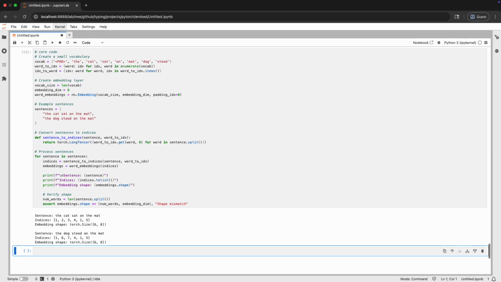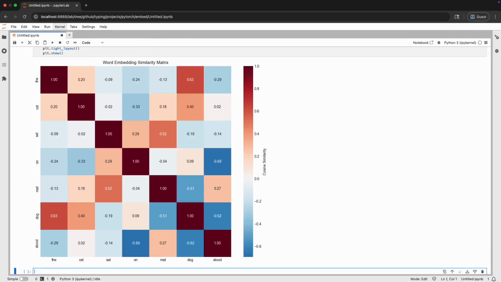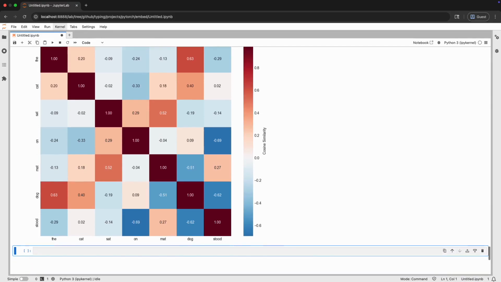Let's visualize the similarity between our word embeddings using cosine similarity. This will show us how the randomly initialized embeddings relate to each other. This heat map shows the cosine similarity between all pairs of words in our vocabulary. The diagonal is always 1 because each word is perfectly similar to itself. The other values show varying degrees of similarity between different words. These are random initializations, so the patterns don't reflect semantic meaning yet, but during training, semantically similar words would develop